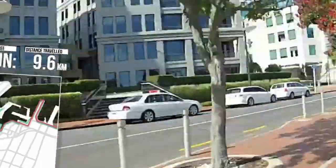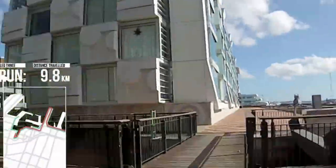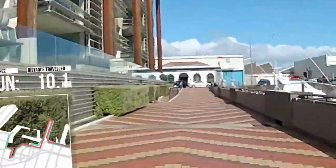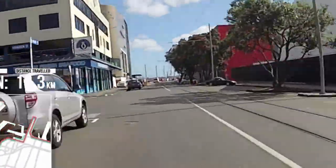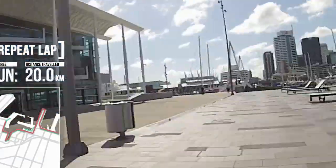Yeah, so we're coming up to just under 10 Ks now, and competitors will start to get a little bit tired. So it's important with that nutrition, getting those electrolyte drinks in and getting that odd gel in, and making sure you're keeping mentally charged as well. As we head up to the turnaround point and the finish line for the race,